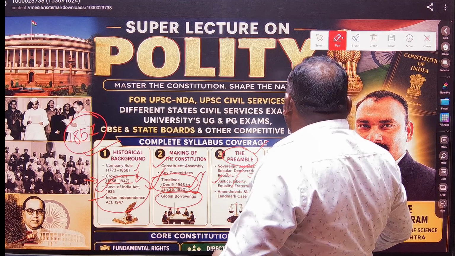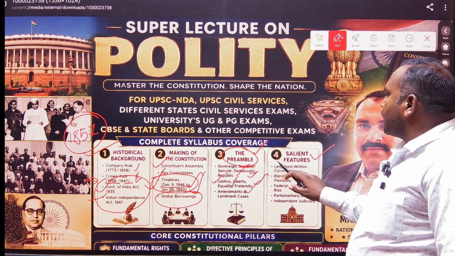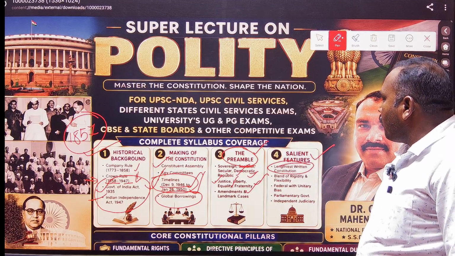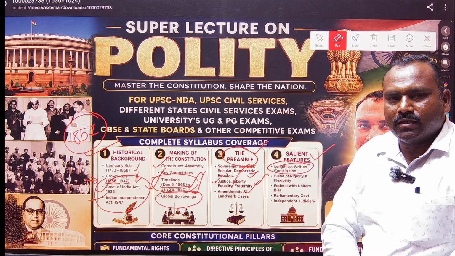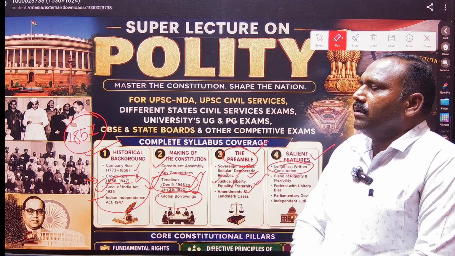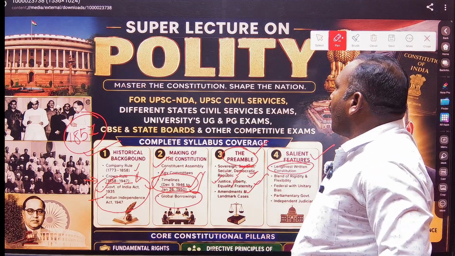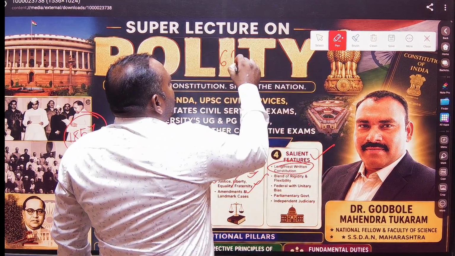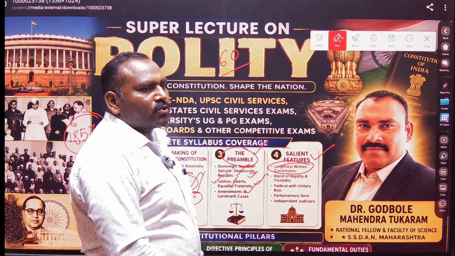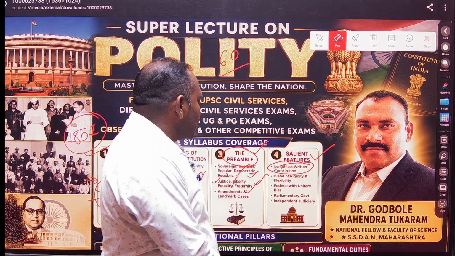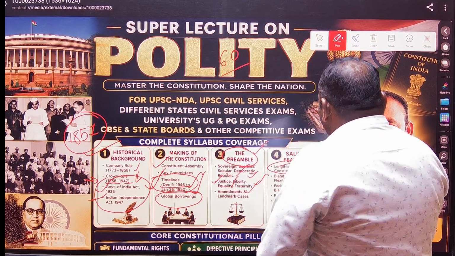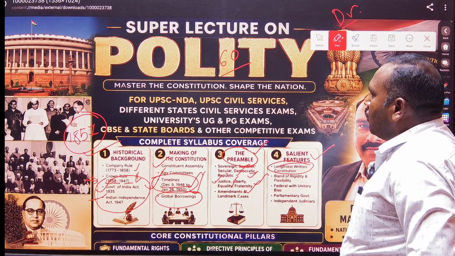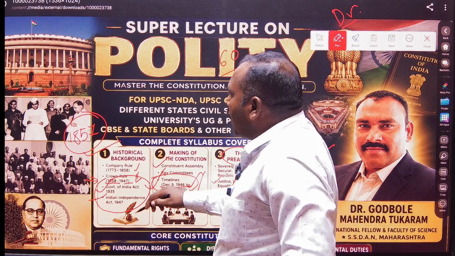While talking about the salient features of the Indian Constitution, it is supposed to be the longest drawn document, the longest written constitution on this land. The framers of the Constitution adopted or referred to near about 60 popular working constitutions of the world. The jurist Dr. B.R. Ambedkar was known as the father of the Constitution.